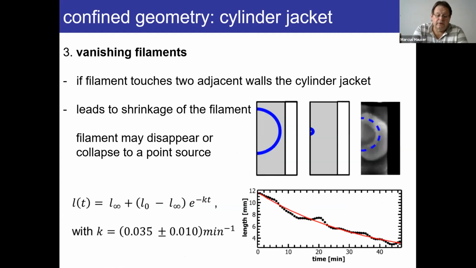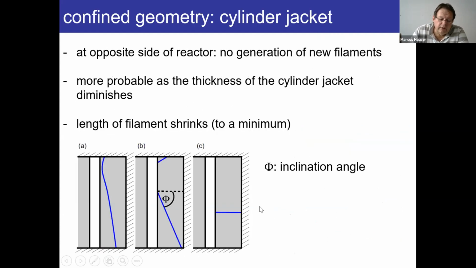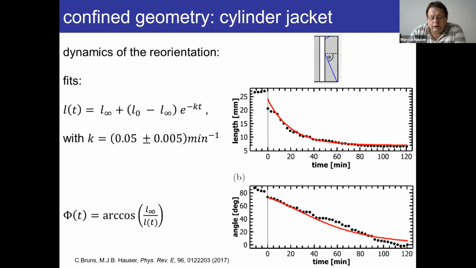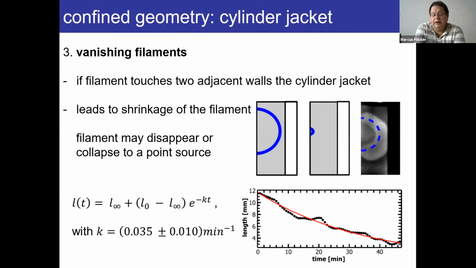And the third case is something which is, well, also boring. What can happen, obviously, and this is already seen here, is that these two parts of this filament which remain are stuck or bound to the same or to adjacent walls. Then what will happen is the filament will vanish if they are attached to the same or